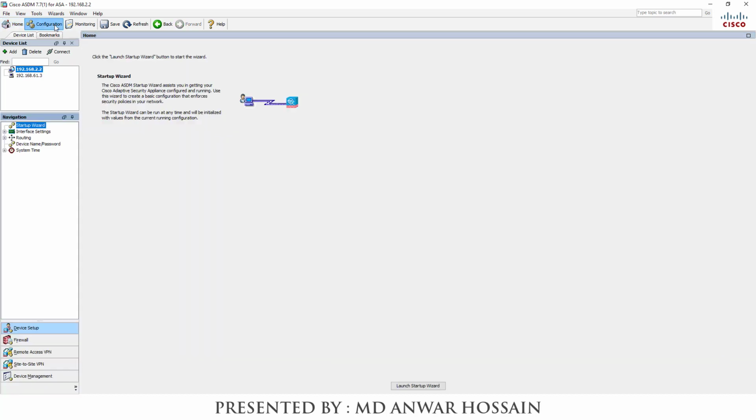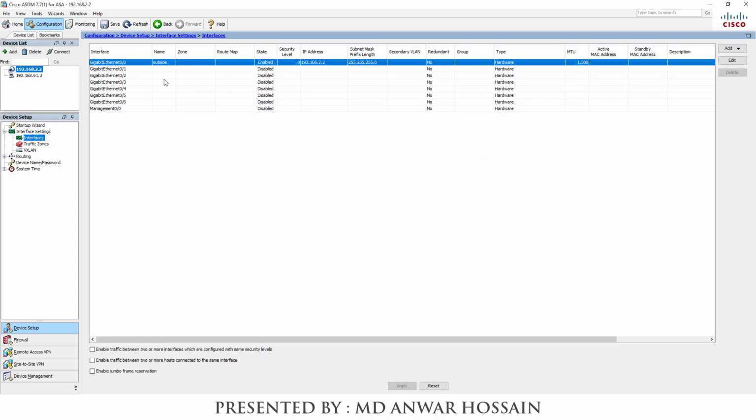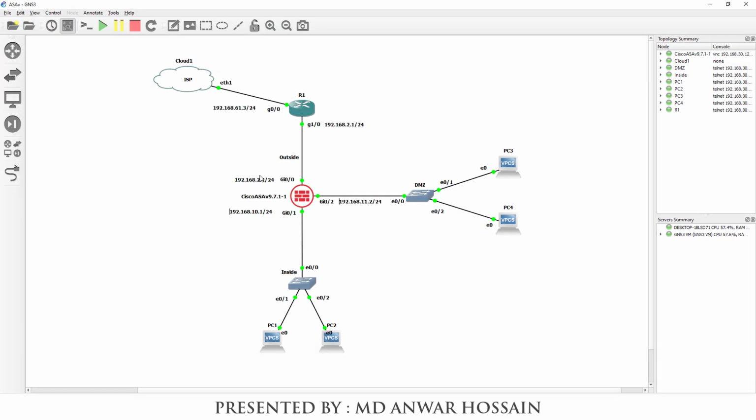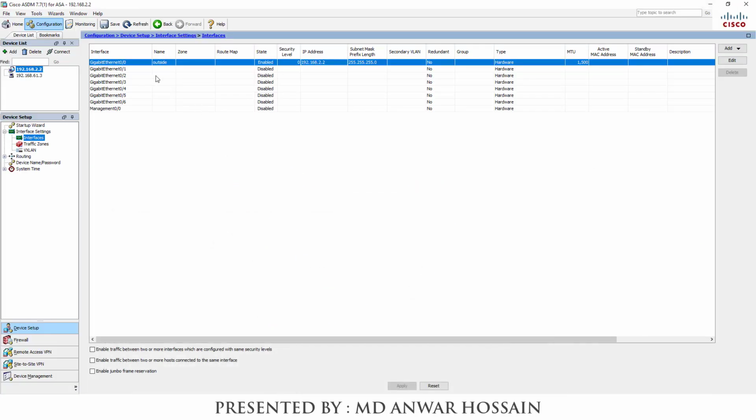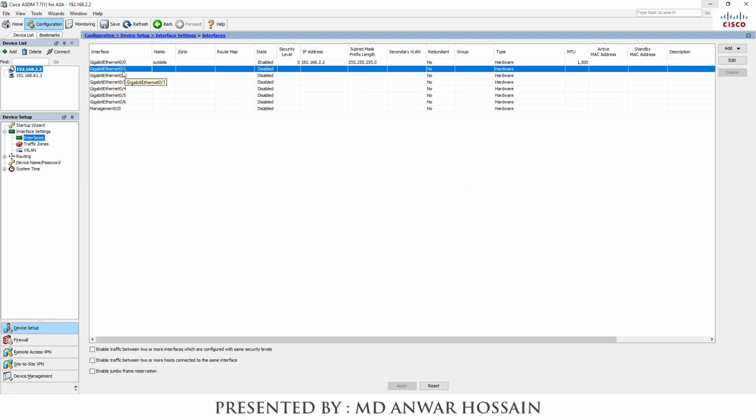If I click configuration, interface settings, interface, we can see GigabitEthernet 0/0 IP address which we assigned from CLI. Now we will assign IP addresses graphically for the inside zone and DMZ. Select GigabitEthernet 0/1.